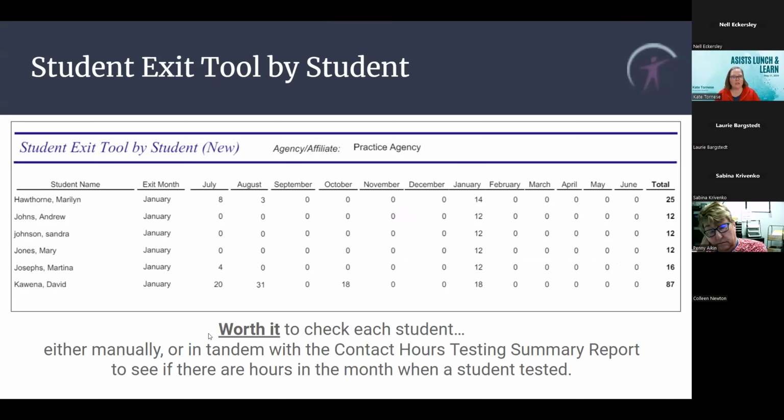for most agencies, even those of you who are a little bit larger, maybe not your DOEs, or maybe some of you, if you're like one of the Long Island BOCES, you have thousand students, maybe it's not worth it for you, but I would argue that it might be still. But it is probably worth it for you to go through this once a month, check the students who are on there, and just see if you have any testing that was done after they stopped attending actual classes. Because you know the attendance is in there for the actual classes, but are there contact hours in there for the tests that were administered